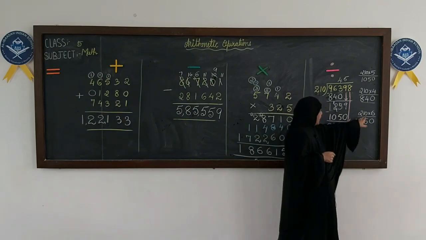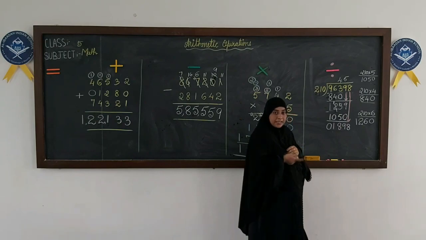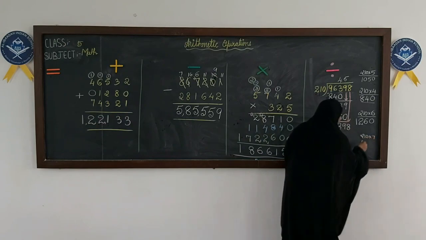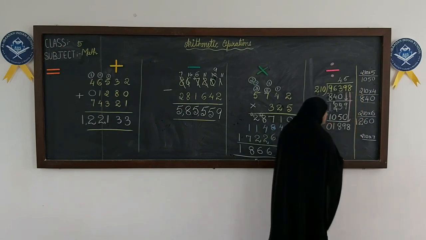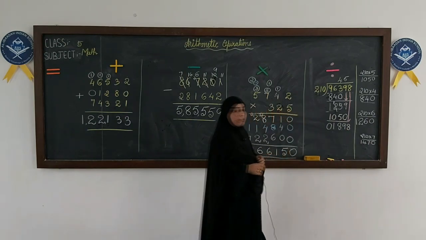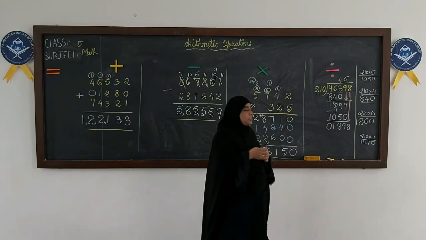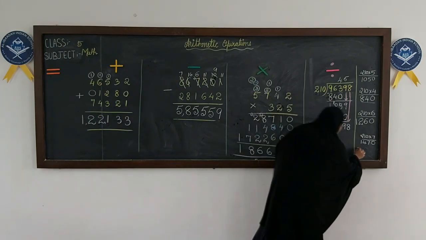Now again we have to estimate, we have to guess which number we have to take over here. When we multiplied with 6, we got this number 1260, correct? So let's try for 7. Let's see what answer we get. 210 into 7. Children, this is our rough work, so let it be a separate column. 7 into 0 is 0, 7 ones are 7, 7 twos are 14. We got 1470, which is again not very close to the number that we are looking for. So we will go for the next one. Okay, so let's try with 8.